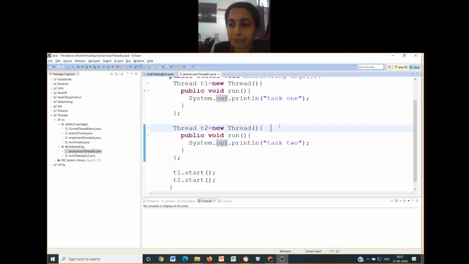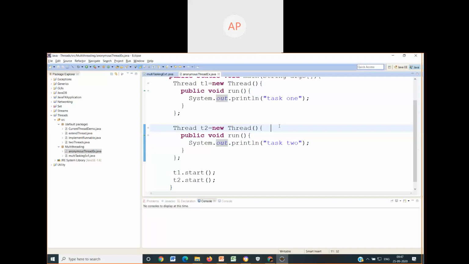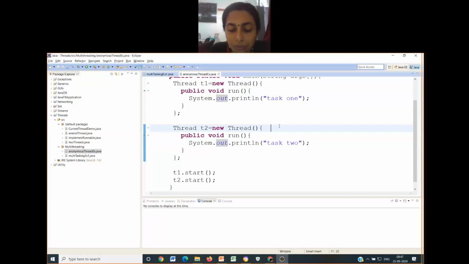Ma'am, as you mentioned earlier, there's no need to remember all the class names if we go with the previous method. Correct. Any other? Is there any disadvantage of this? Can you think? Is there any disadvantage?